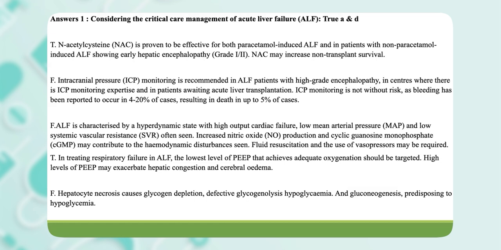In non-acetaminophen induced disease, again, the prothrombin time is more than 100 seconds, or the age is less than 10 or more than 40, and then you have an etiology of non-A or non-B hepatitis, or duration of jaundice before onset of encephalopathy more than 7 days. Then these are the criteria, bilirubin more than 18. These are the criteria for liver transplant. So for liver transplant, King's College criteria, you have to